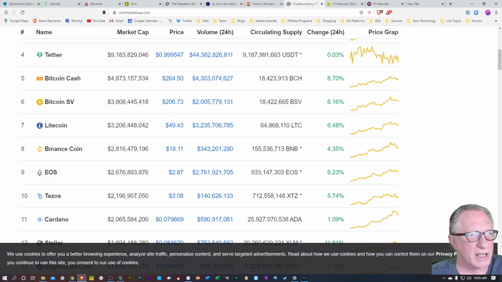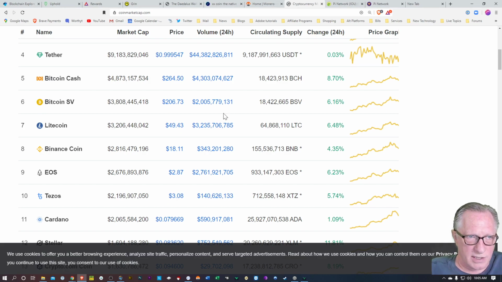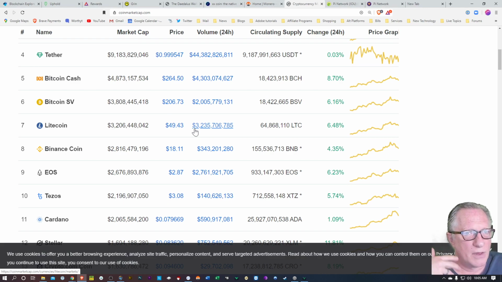Do I mine coins? I have in the past, but I don't right now. It requires a little bit of time and effort just to get everything set up, and then you've got to kind of leave the computer on, if it's mining, like your GPU is mining. But I haven't done it in a while. I've got some videos on how to do it, and I definitely don't mine Bitcoin anymore. It's too expensive. You really have to have the right equipment, which requires a capital investment to get started.